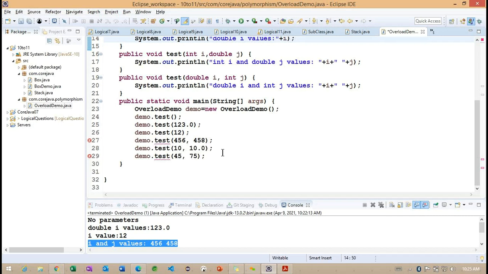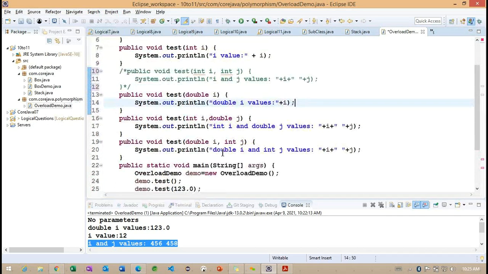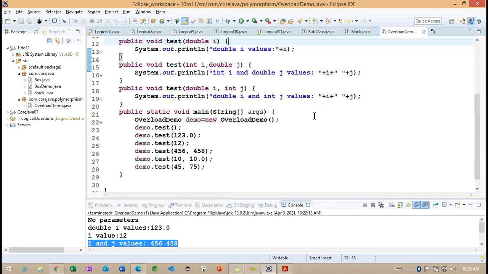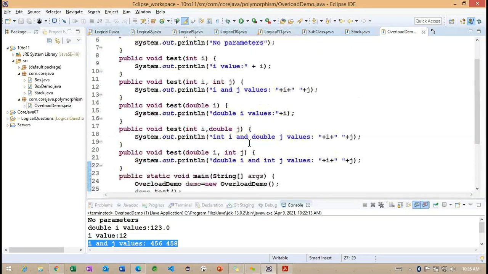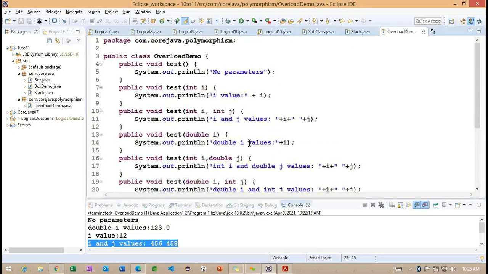We need to understand this very carefully, and we'll have more understanding in our upcoming classes. We'll check what happens internally when we have the same data type, lower data type or upper data type. Now we need to understand this simple example, how exactly the overloading method we can define and how we can work on it.